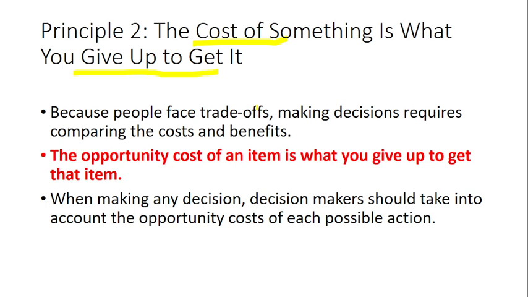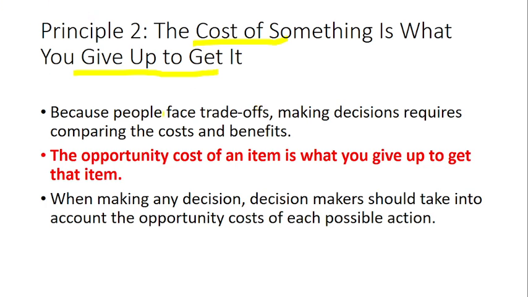If you have a plot of land and you want to build a hospital there, then you are giving up the opportunity of that land being used for something else, because the land could have been used for the construction of an educational institution. So a land can be used for the construction of a hospital or an educational institution. If you construct a hospital there, then you are giving up the other use of the land, let us say the construction of an educational institution.